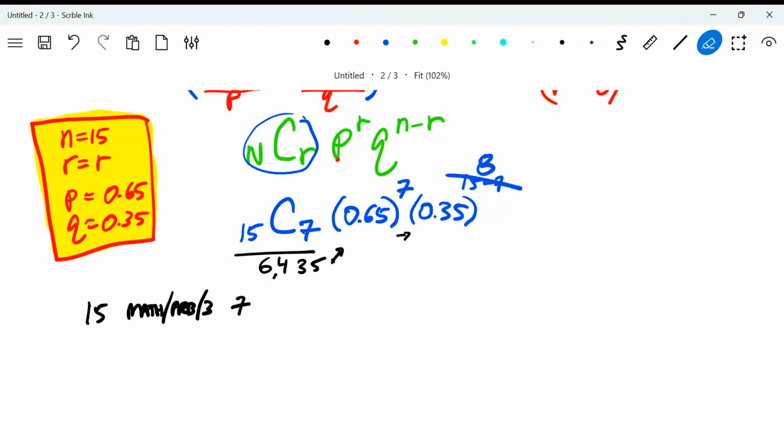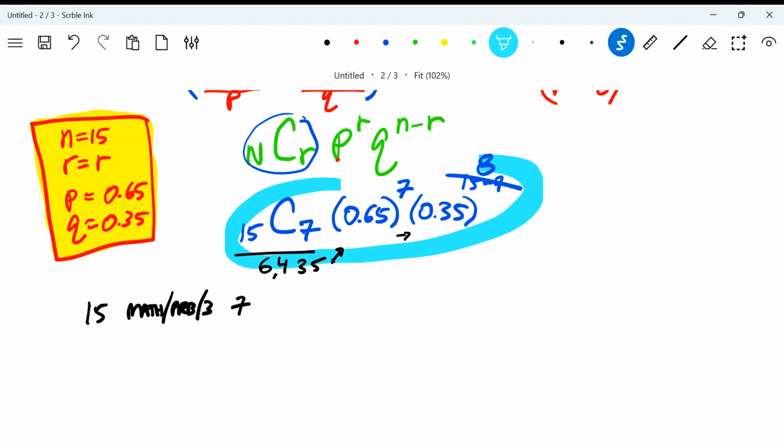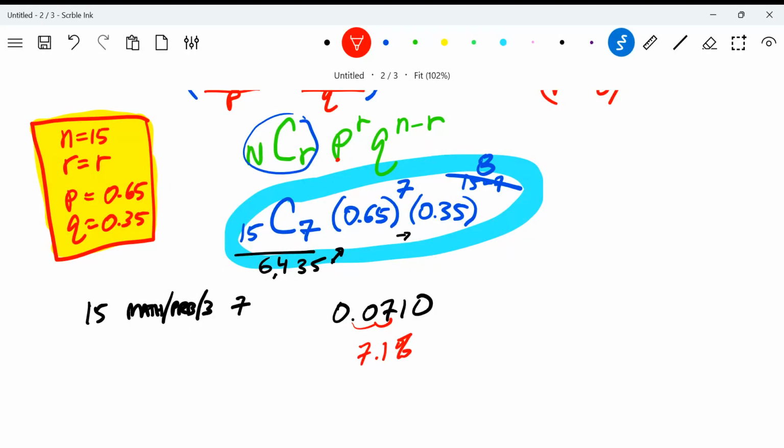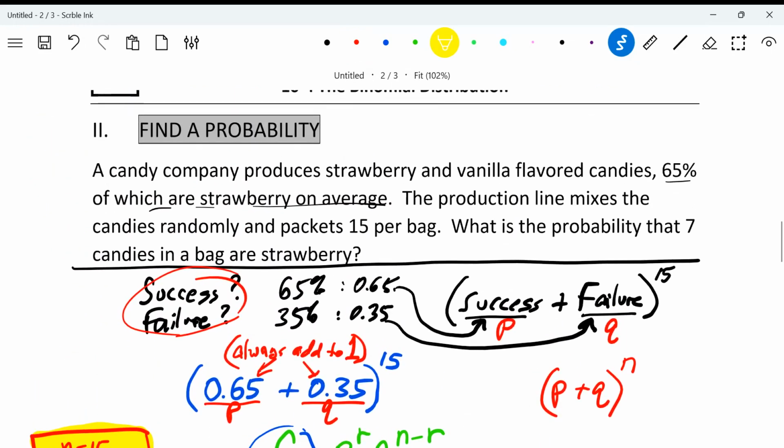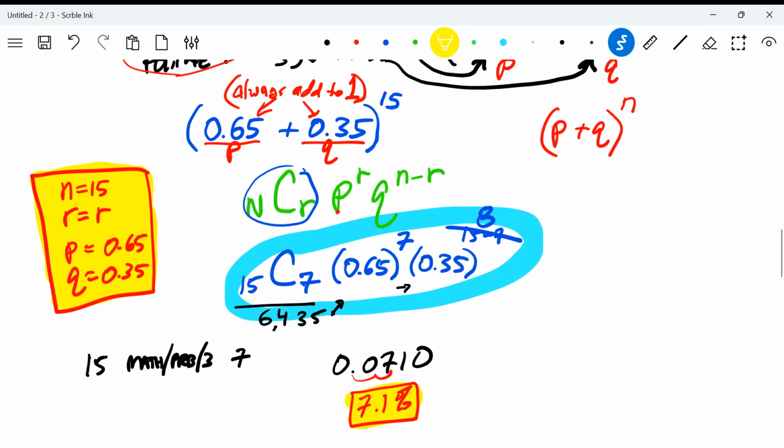When you put all of this into the calculator, you're now going to get 0.0710. So it's 0.07, but if we move the decimal over twice, we'll be able to keep that 1 in there as a tenths place and have 7.1%, and that would be our answer here. And that question, back up here, what's the probability that 7 candies in a bag are strawberry? So it's